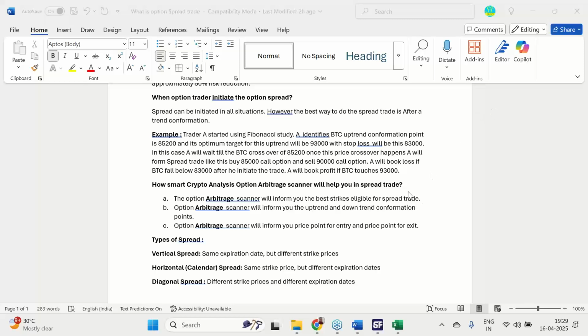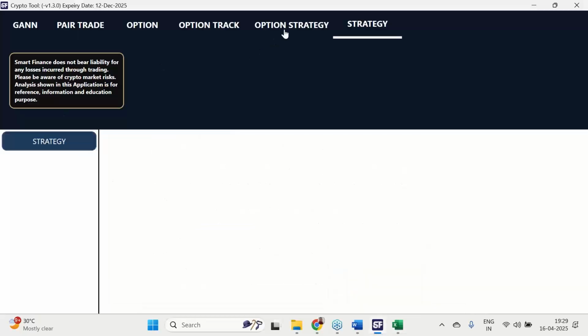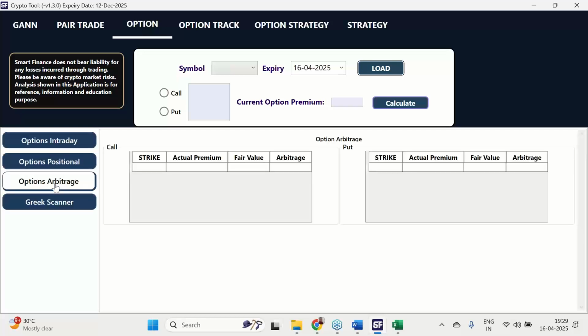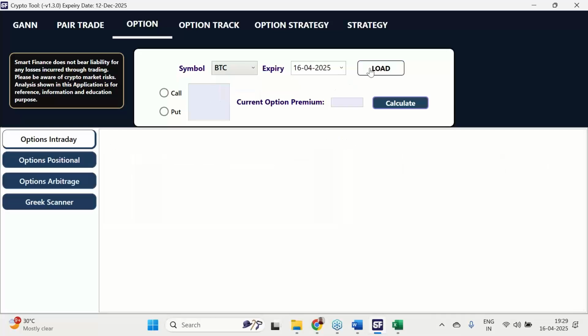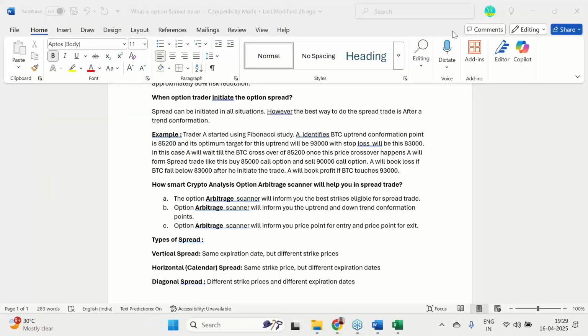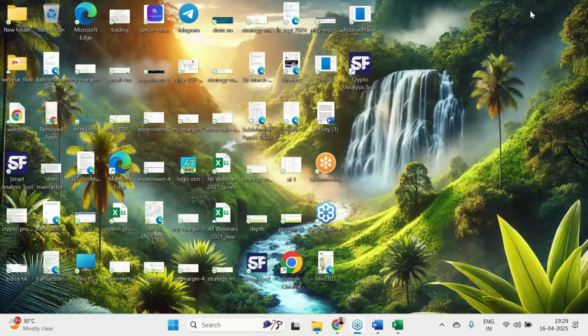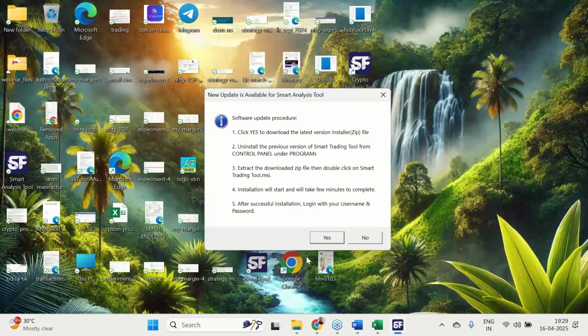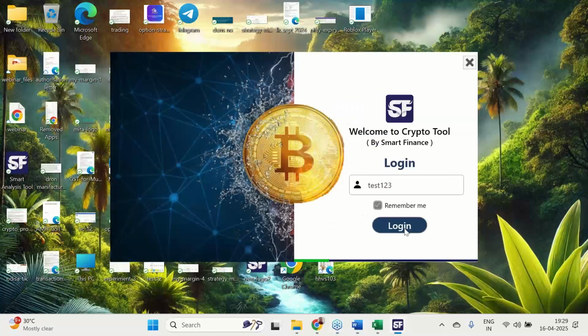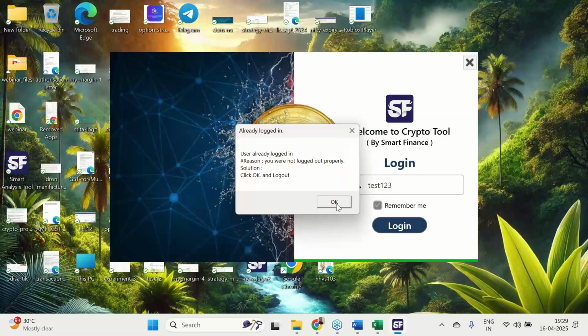Now moving to the second part. We have an arbitrage tool here, option arbitrage. So you can see BTC, load the data, done. Then option arbitrage, so I have to calculate for option arbitrage. It is an update, I have not done it. It was popping up some update, maybe they have done something. So for your program I have not updated it. Let me